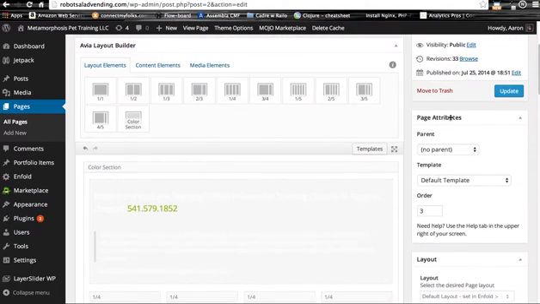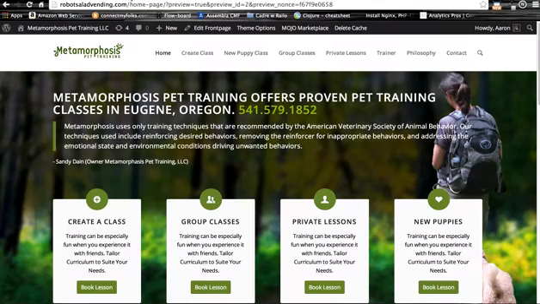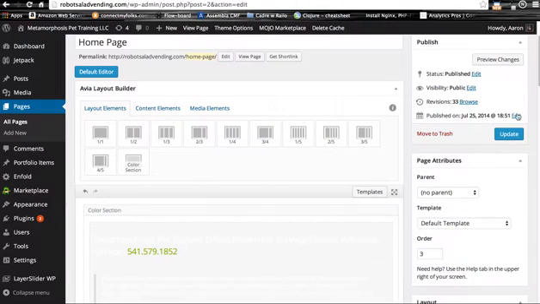And then finally, when you're done making your edits, you can either choose to preview it, which is going to launch a new window that previews those changes. That one just popped up there. Or you can click Update. When you click Update, it's going to actually commit those changes, so they will be live on the site.